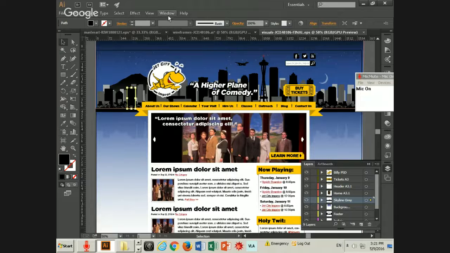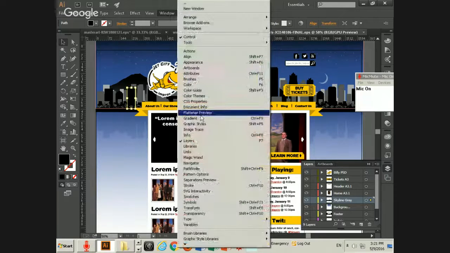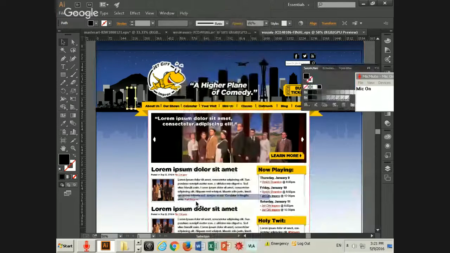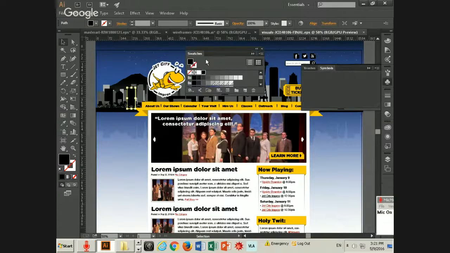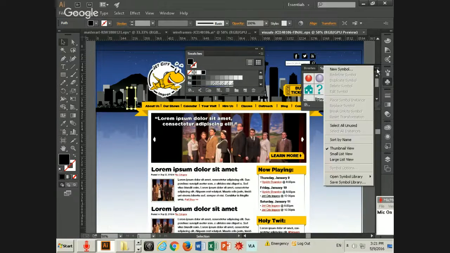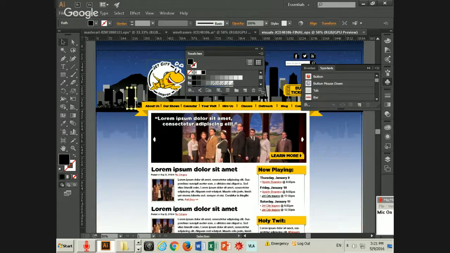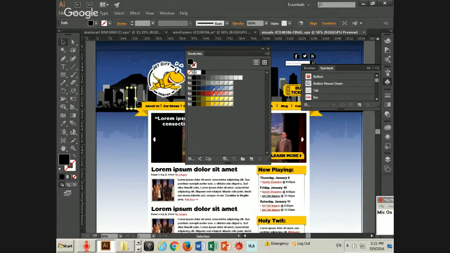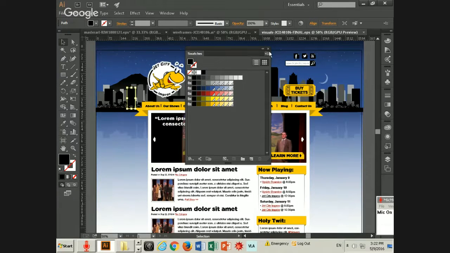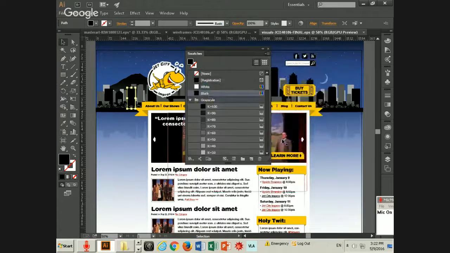So if I went to swatches, and I pulled the swatches palette out, and I went small list view,